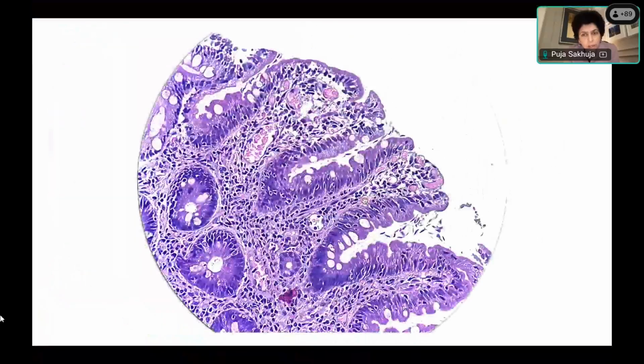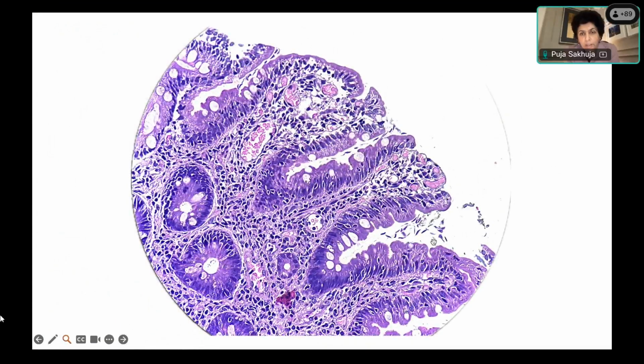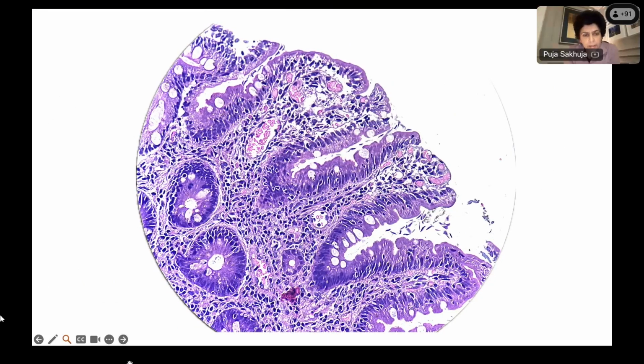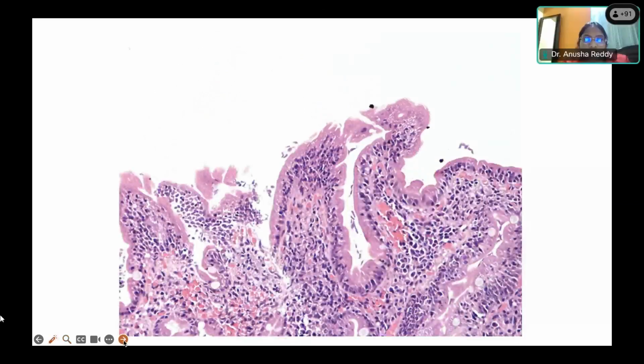So these are the Giardia trophozoites. We're seeing colonies, and in fact, in an immunodeficiency, Giardia will never be just two or three lying somewhere. There will be colonies of Giardia, because there's an immunodeficiency. So that is what we are seeing in this case. And this is another case where there is again presence of a lot of Giardia in the intervillous